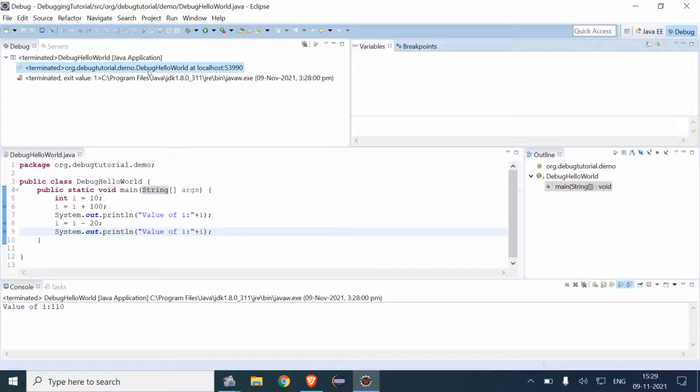So now we can see how we can control a program execution during debugging. Basically, controlling a program execution during debugging is done in three steps: step over, step into, and step return.